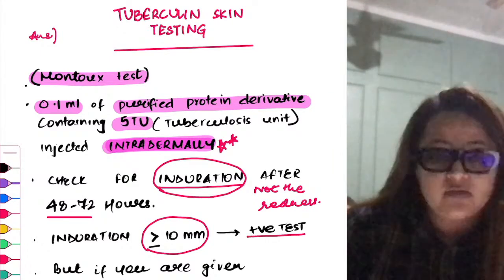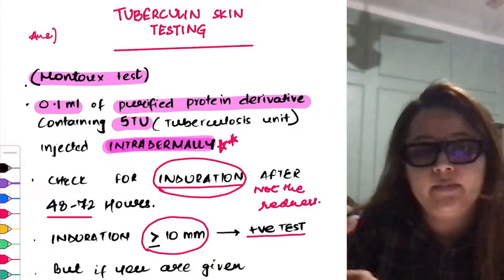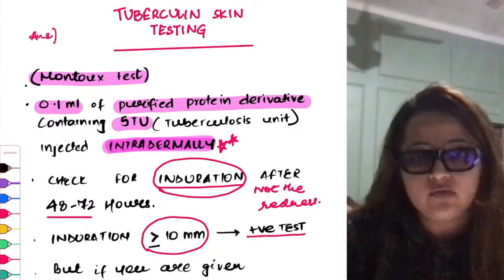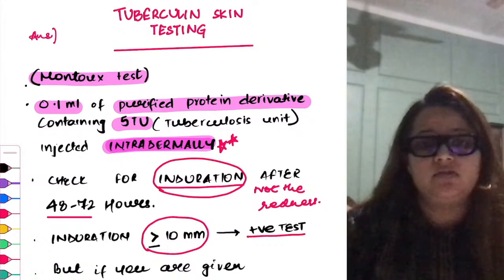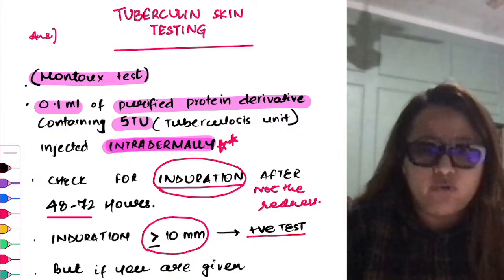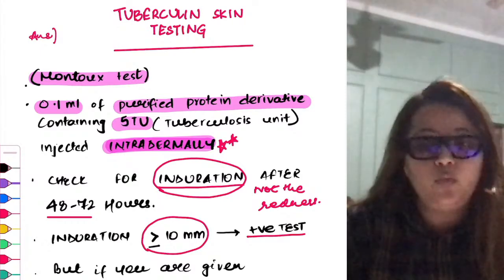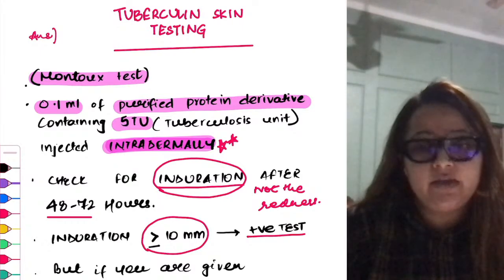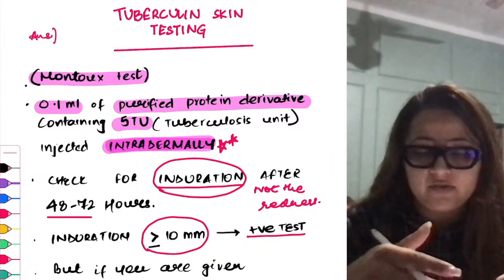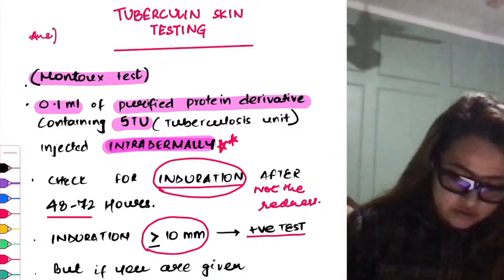All right. So supposing they give you the question that this test was done, 0.1 ml of something was being injected, and ultimately after 48 to 72 hours, you see that the induration was around 11 mm or 12 mm, right? So that would be a positive test. But what you have to be really careful about is when you talk about a patient who is immunosuppressed, or if the patient is having AIDS, okay, when you call a patient to have AIDS,